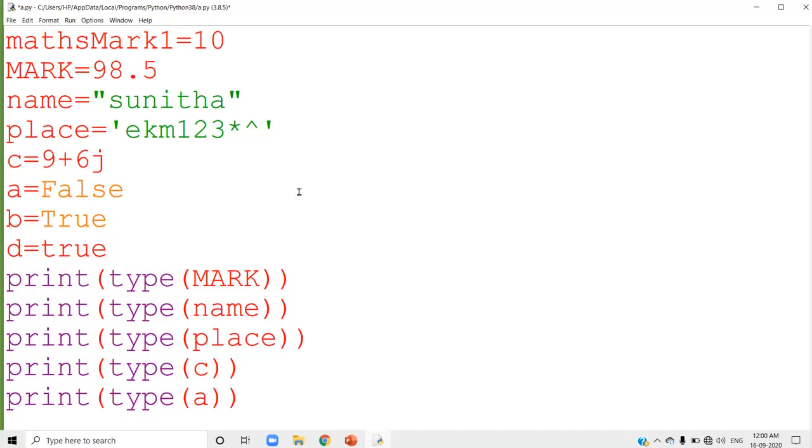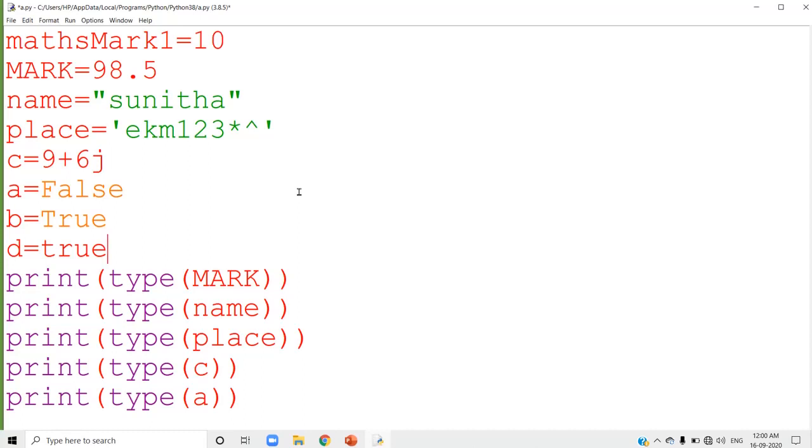If you try to run this program using small letter true or small letter false, see what error comes, or whether you get an output or not. I am not running it now. You have to try this out by yourself. So that is what I told you about the Boolean data type.